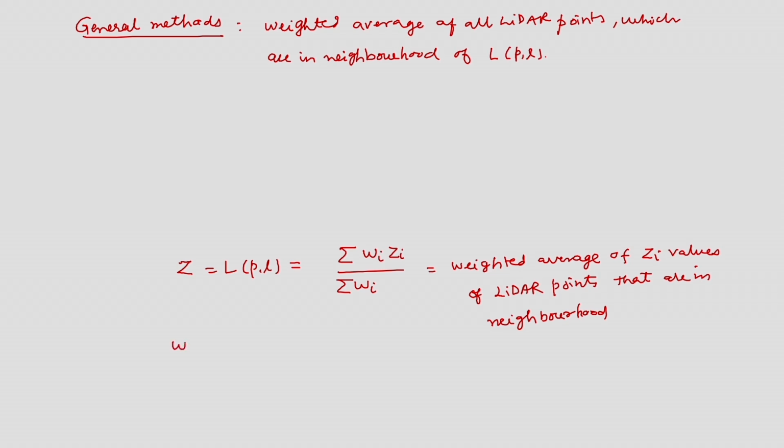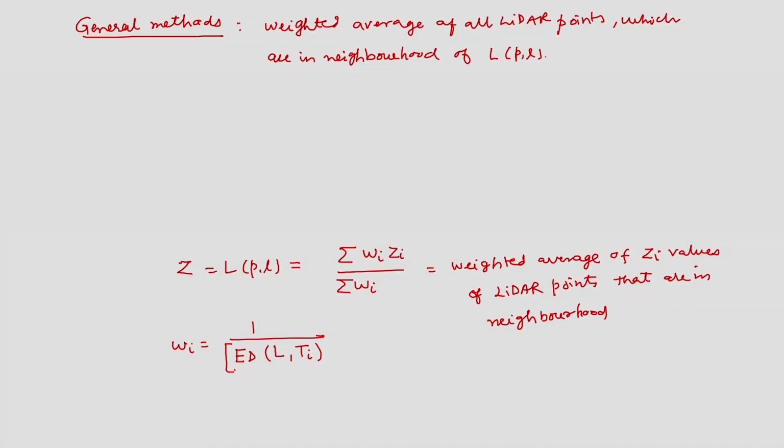So, how to define the weight? The weight is inversely proportional to the square of the Euclidean distance between the point PL and Ti. Once we define n number of points, which I am indexing by i one by one, the Euclidean distance is this much, and if I take the square of this distance, this gives the weight. That means, the higher the distance from the candidate pixel PL to a point Ti, the less weightage I will give to that, and finally, in this way I will calculate the weighted average. So, this is the general method.